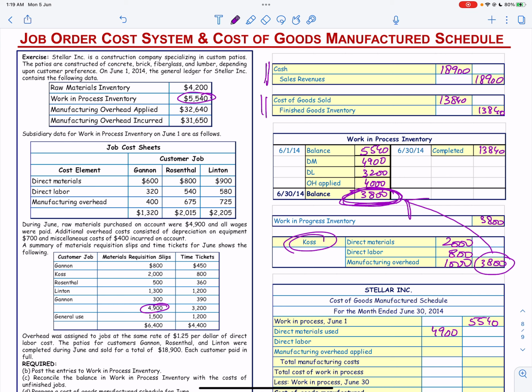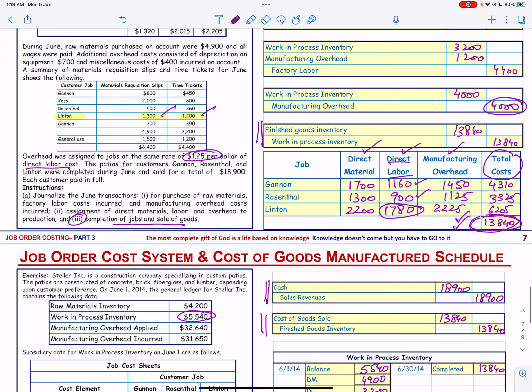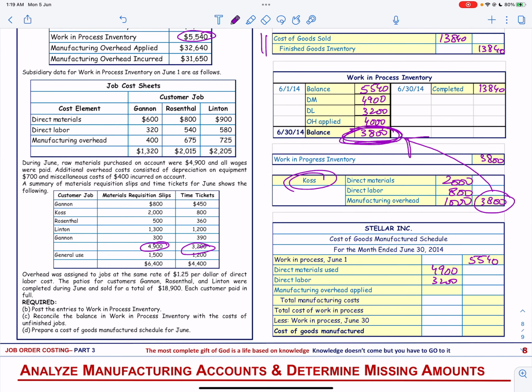We have direct labor of 3200. We have the manufacturing overhead of 4000. So the total manufacturing cost will be the total of these three, that is 12,100. To this we are going to add the beginning work in process, and that will give you